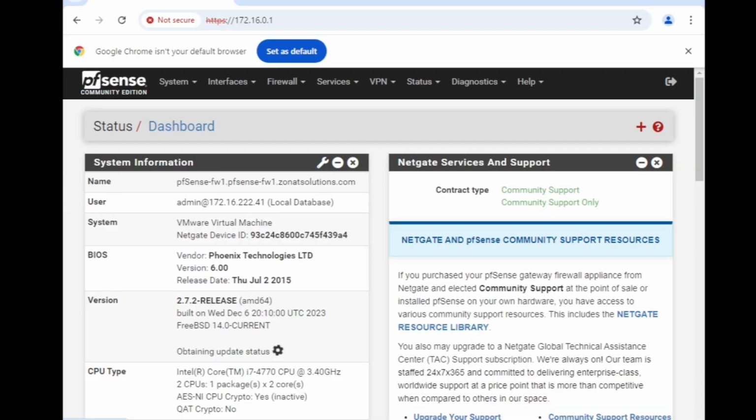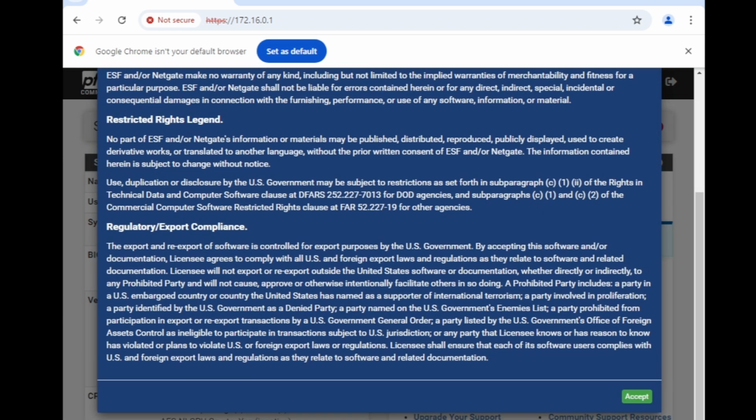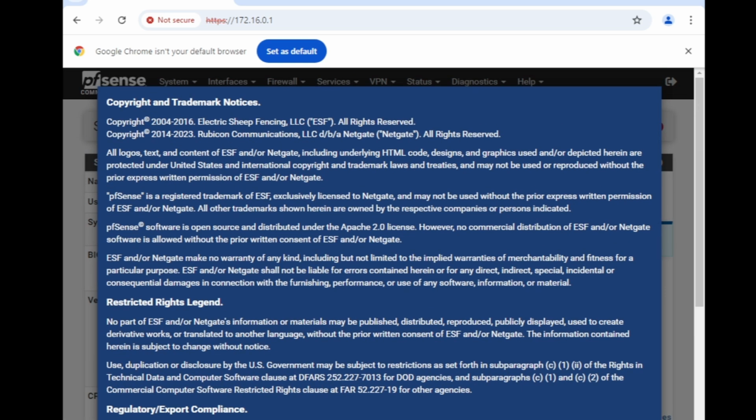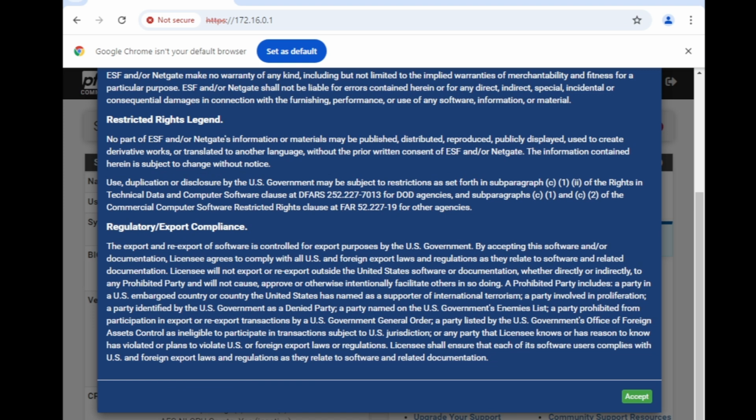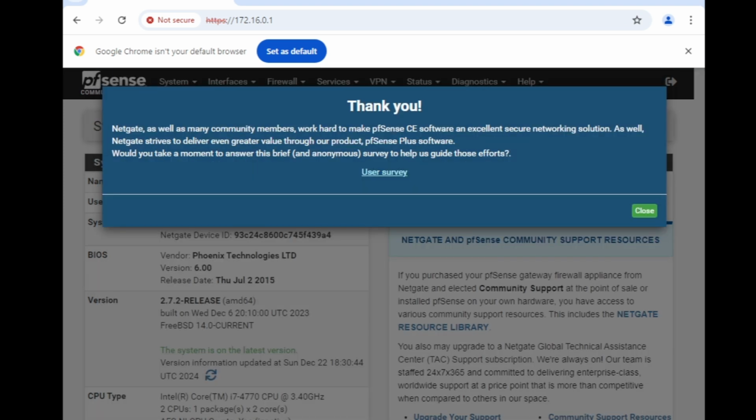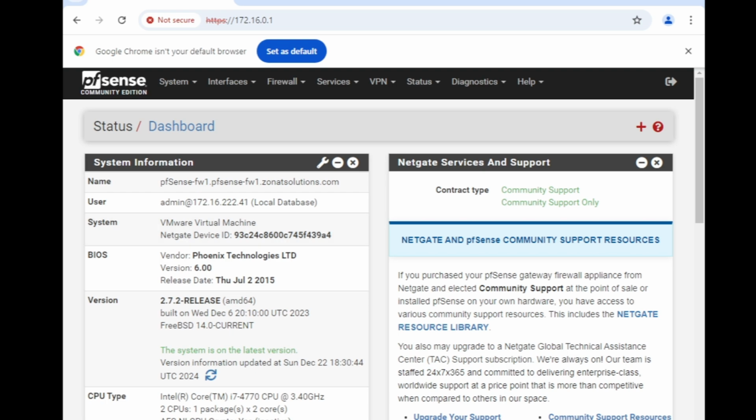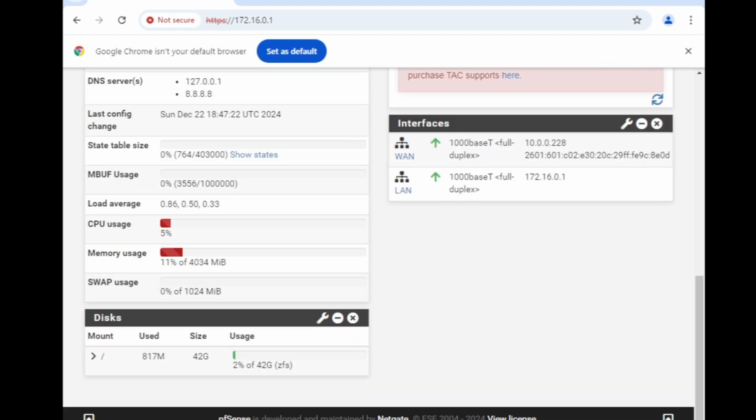Alright, so now we can see all the copyright and trademark notice. You should read that as well if you're using this in production. This one is just for test. So okay, on the main screen you will see things like that, and the good thing is you can move them, like move this to here,